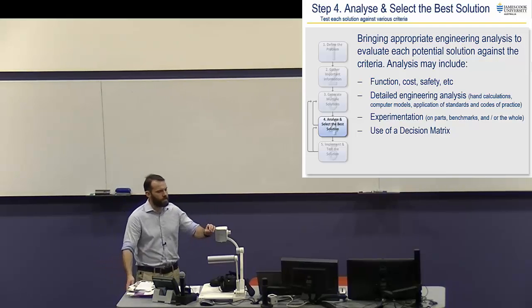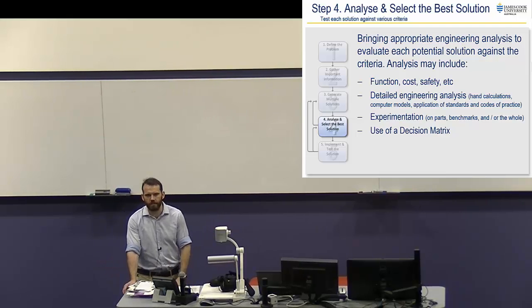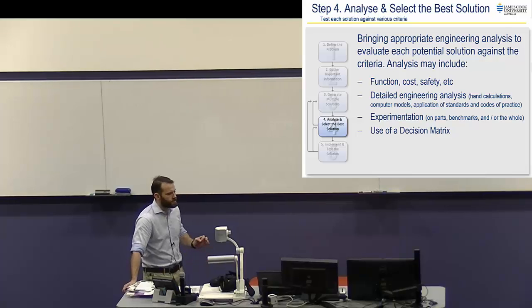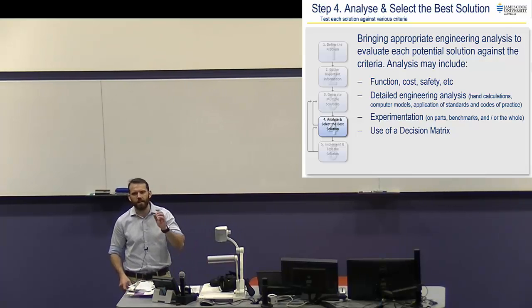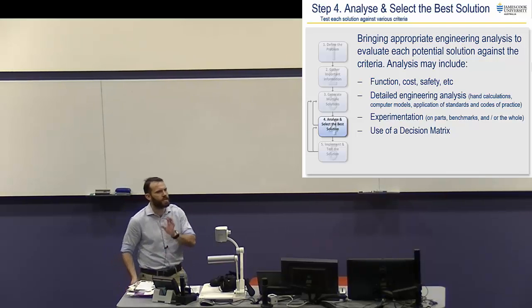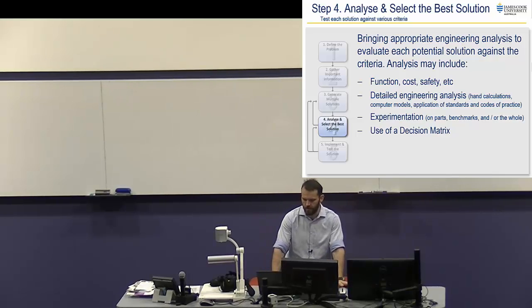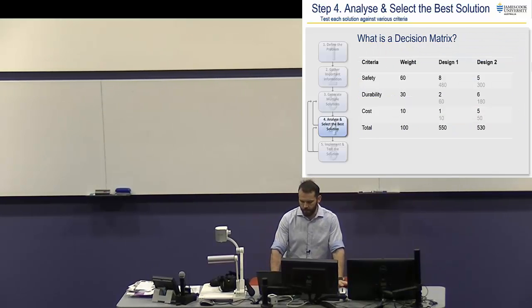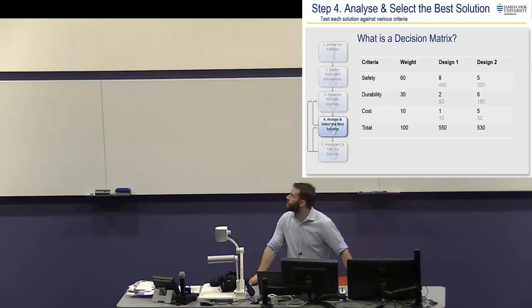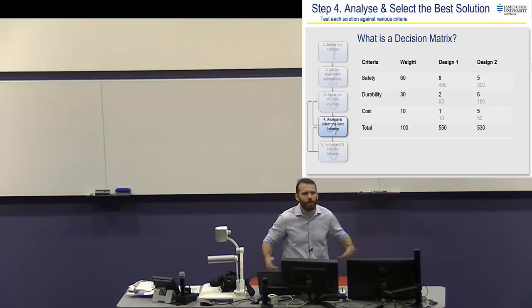All I've got on these slides is what we call a decision matrix, okay? You can use this decision matrix, and then once you've done detailed analysis and experimentation and various other things, you can use that decision matrix again. But we're going to have a bit of a look at the decision matrix now, right? So, hands up who's seen a decision matrix before? A couple of you? Good. All right. So a decision matrix is effectively a way to decide between a few designs,